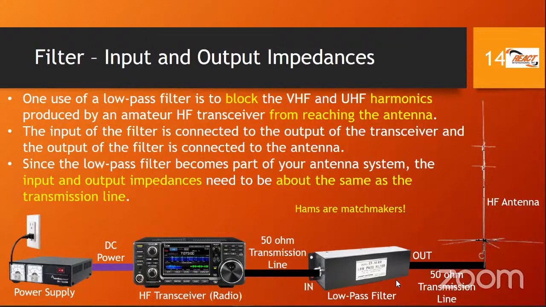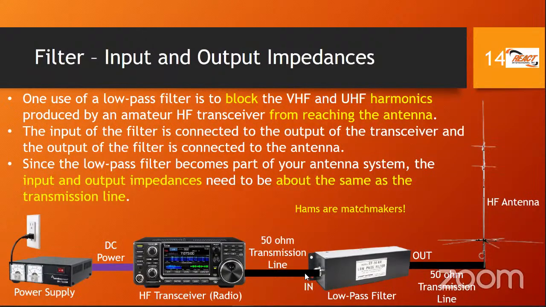But we have introduced something into the feed line. So between our radio and our antenna, normally we go straight to the antenna. We can have other components inside of the other devices, but we have just introduced something called a low pass filter. So we need to ensure, because our transmission line has a certain impedance, and we said hams are matchmakers,